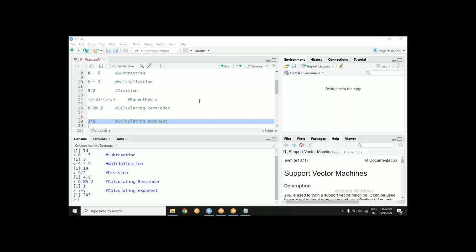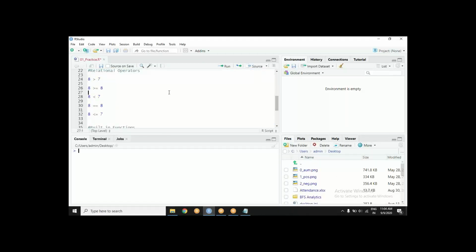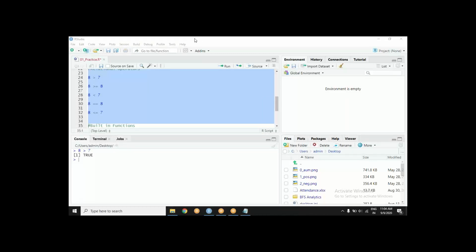Simple? You see, they are just relations. They are just comparing things, whether it is smaller than something, whether it is greater than something.